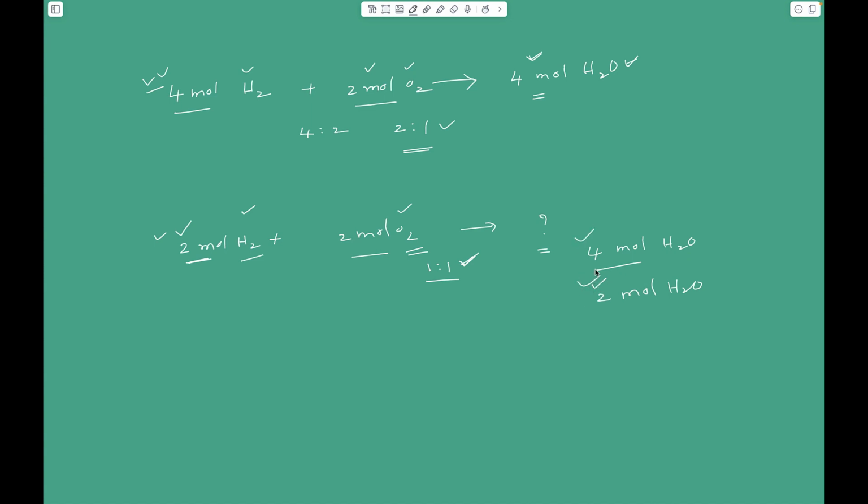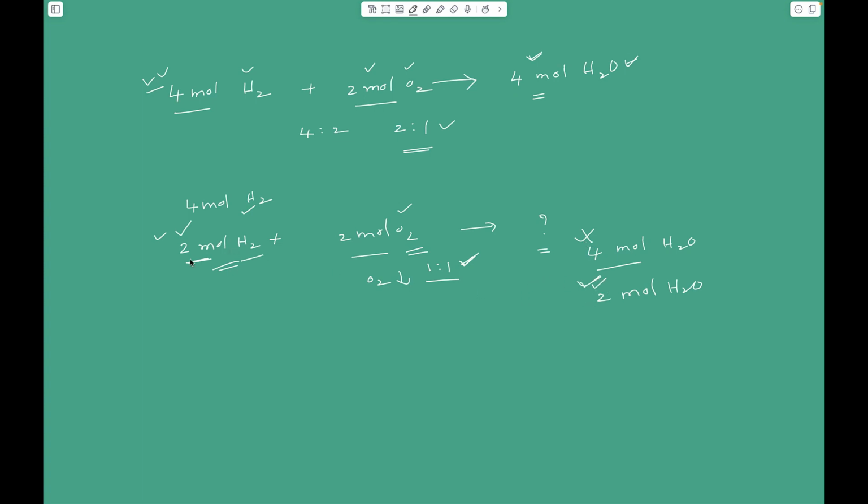Let us see. See, though we have 2 moles of oxygen here, to completely combine with this oxygen, we need 4 moles of hydrogen. But here we have only 2 moles of hydrogen, less than what is required. Therefore, all the oxygen that you took is not completely combining with the amount of hydrogen available here. So that means some oxygen is left behind unreacted. Therefore, this answer is wrong and this answer is correct,